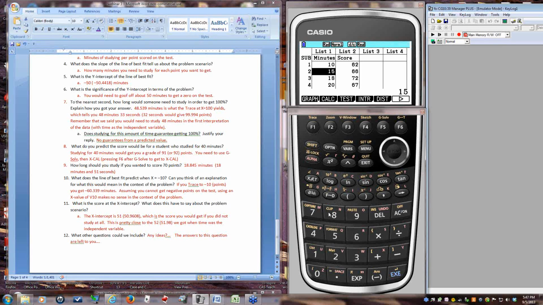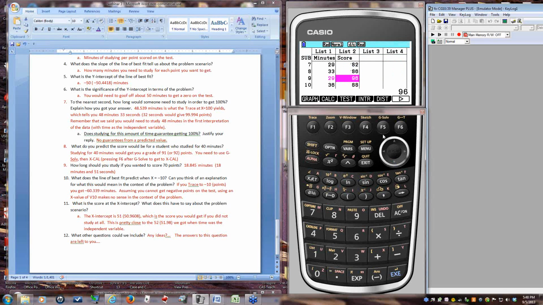It's in gold for number 5, so I need to go Shift 5, and just for the heck of it, I'm going to make that blue. And now the 15 is in blue. Well, if I want that whole point to be graphed in blue, I've got to change the other one. I could change the whole column at one time, but for changing individual points, I haven't used this a lot, but I think this is the only way to do it. Now I've got the point 15, 66 as blue. That's how I got these two to be different colors.